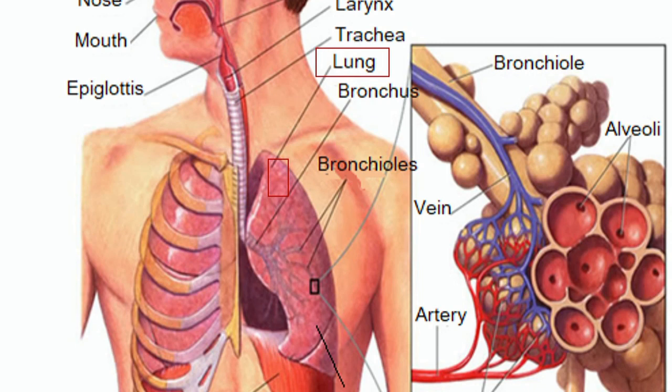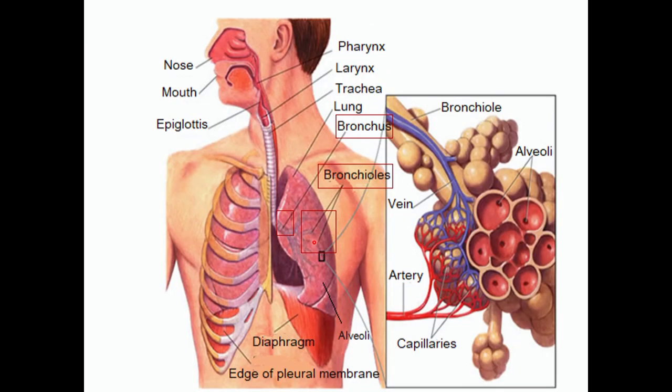Each bronchus divides and redivides to form bronchioles. At the end of each bronchiole, there is alveolus. All the alveoli increase the surface of the lungs. In the alveolus, there is process of respiratory gaseous exchange.